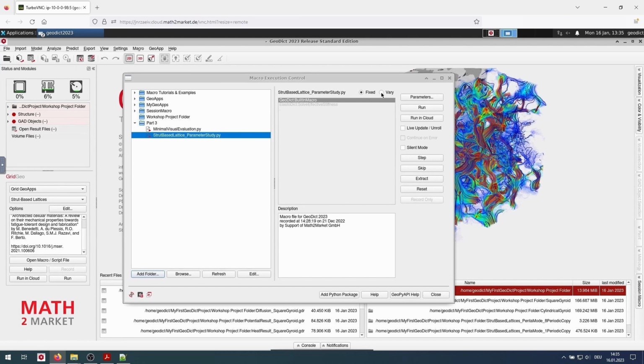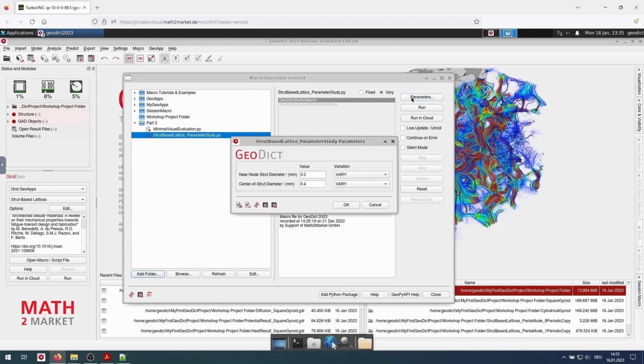We select vary and now parameters. For the near node strut diameter, we enter 0.25, comma 0.5, comma 0.75. We can copy that and also enter that for the center of strut diameter.